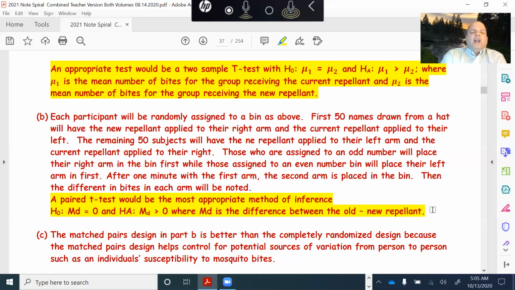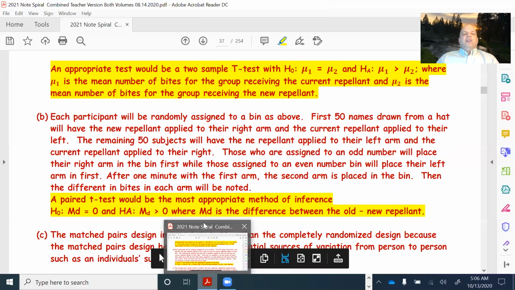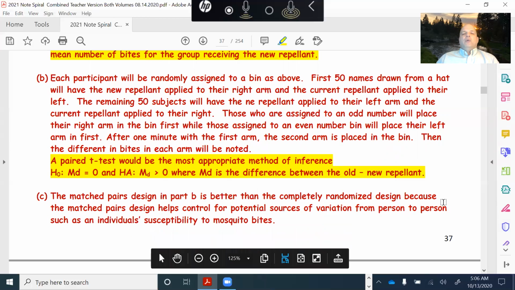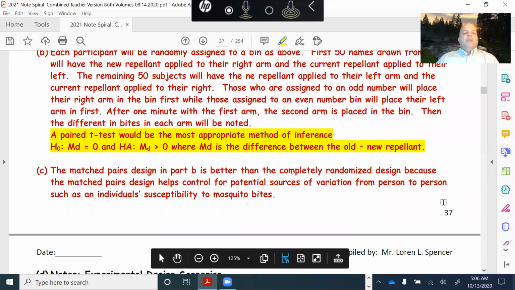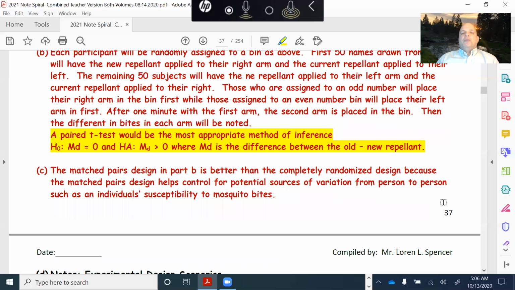So the matched pair design in part B is better than the completely randomized design because the matched pair design helps control for potential sources of variation from person to person, such as an individual's susceptibility to mosquito bites. All right. So basically, we talked about the individual. We're controlling for the individual, and we say that some individuals are more susceptible to mosquito bites than